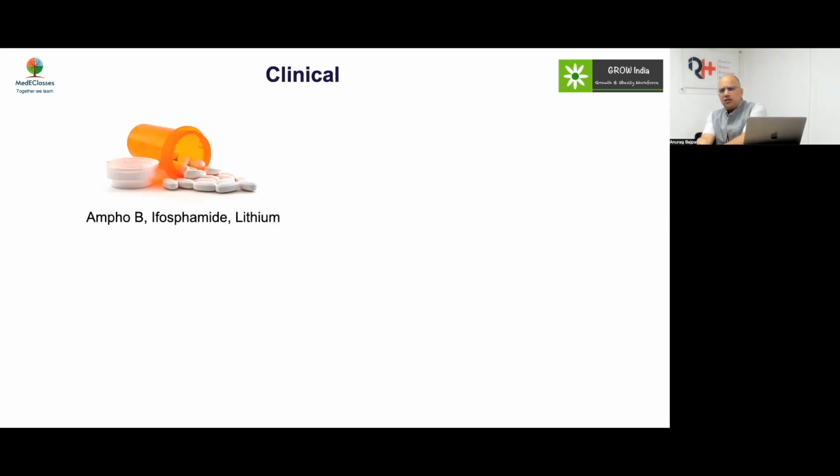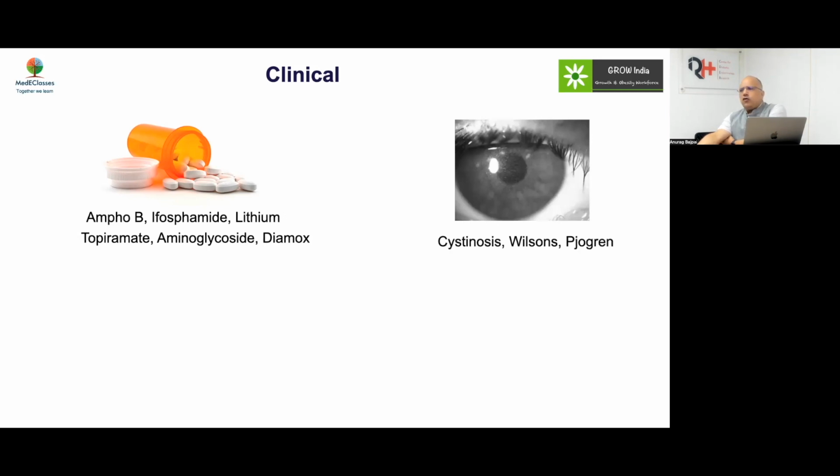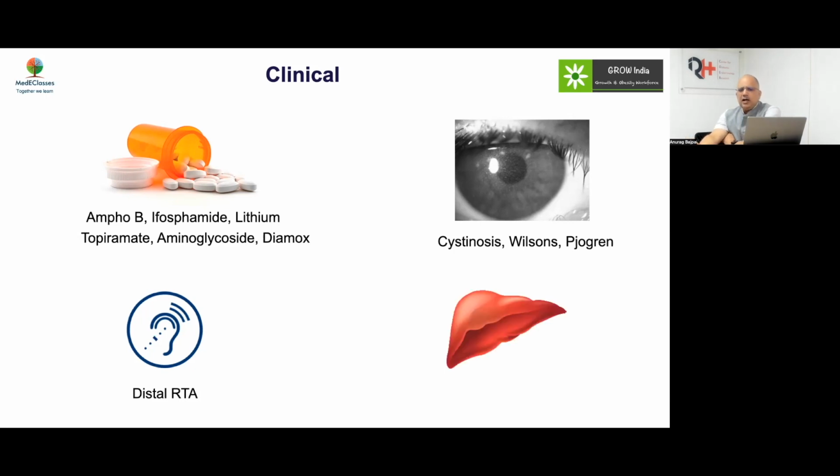We've discussed in detail about various drugs. Drugs like anti-cancer drugs, antifungal drugs, then many of these antipsychotics along with anti-epileptic drugs can cause this scenario. Always look at the eyes, and we have a couple of patients with cystinosis and other disorders which can cause the same scenario. Hearing abnormality is very, very common, and this is what Dhwani had talked about, in distal RTA. So always ask for that. The genetic form may often have hearing abnormality. And liver disease; there was one girl with hypothyroidism and distal RTA. I think she had the same sort of picture.